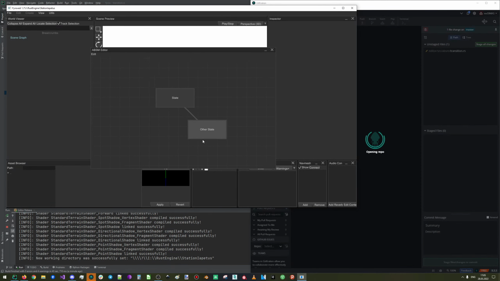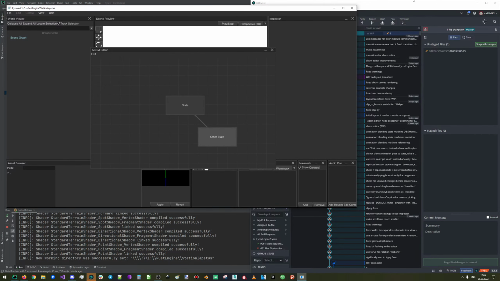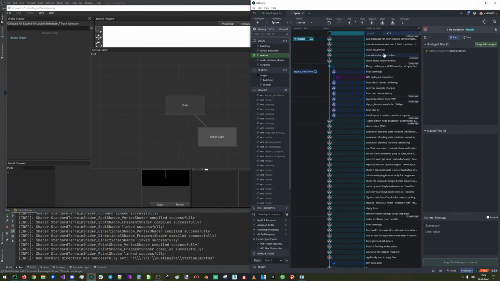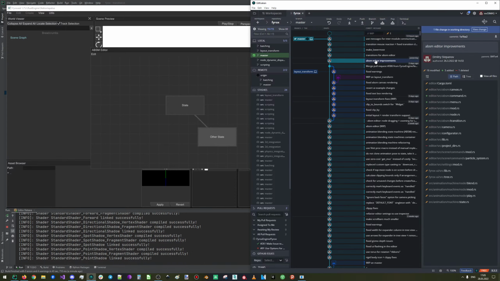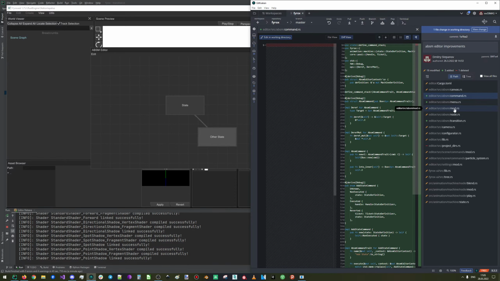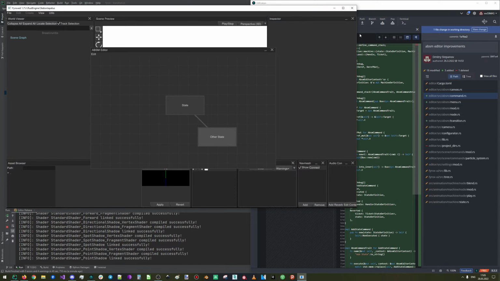Sorry that I didn't do that on stream. I was a bit busy, so yeah. So basically, since the last stream, what I have done. Let's see. All right, so let's start again. I added the data model for the states, for the transitions, and so on, and also I